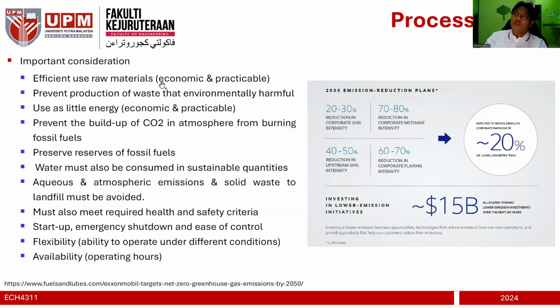I'm not gonna use a process where I only have 20% conversion, right? And then the rest are being thrown out. So maybe I do a recycle, or maybe I change the catalyst. I add a catalyst. Maybe I do dilution. I increase the pressure. I increase the temperature. Something in order for me to make use of the raw material, to make sure that all of my raw materials is successfully converted to the product. But it needs to be done in an economic and practicable way.